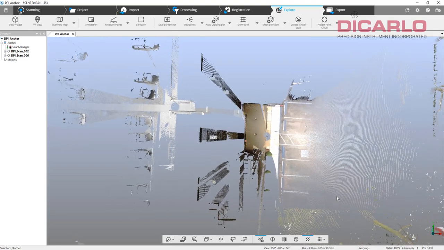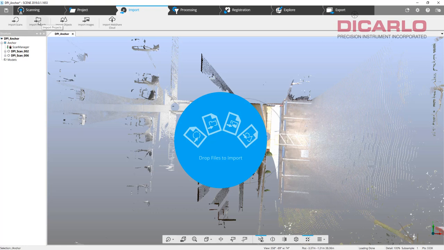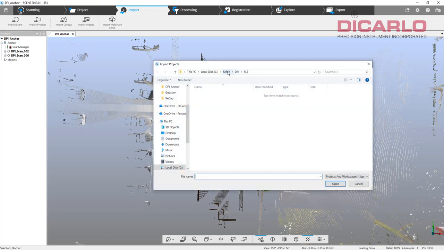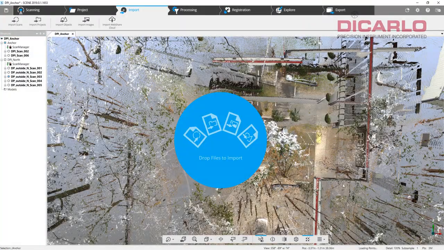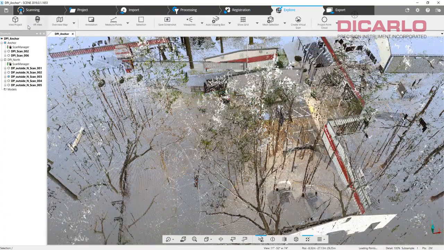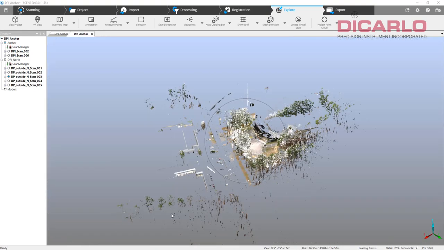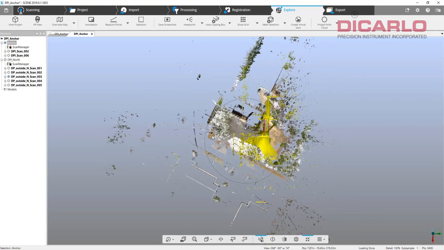So we're ready to try to import the other projects. Mind you, those other projects are already finished. So what I'll do is I'll go into import projects and I'll go into my Faro folder and we'll bring in North. I'll just open it up and we'll hit OK. Needless to say, nothing's working out. Everything looks horrible. That's because we didn't do any kind of registration on anything yet. So we should have our anchor scan, which is rotated properly the way we want the outside to actually inherit